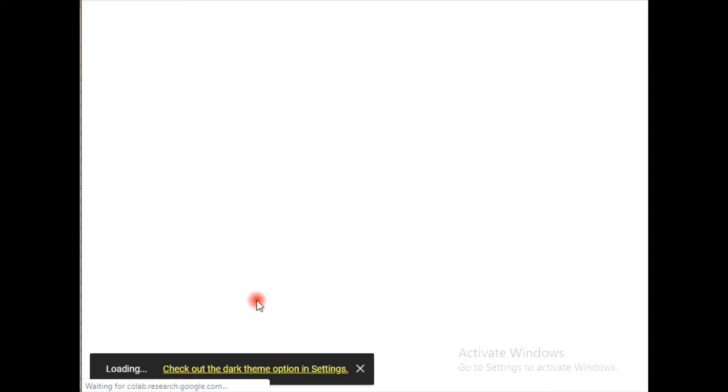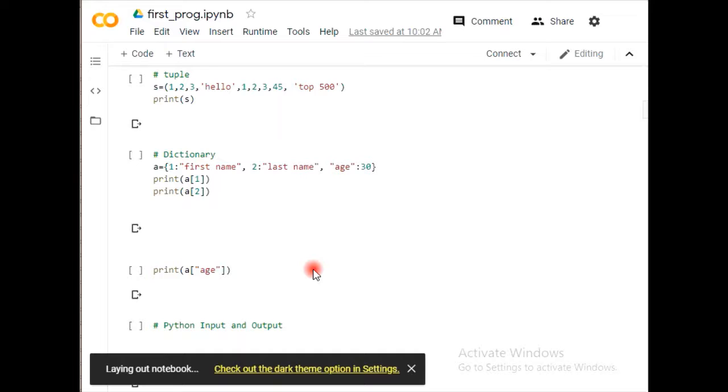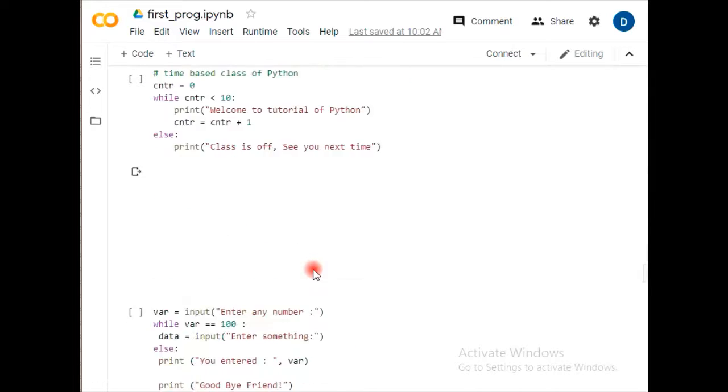If you don't have a file or you're watching this video for the first time, you can easily create your own file. While this file is opening, we will discuss what exactly modules are. Today we have a target to understand the module, package and library. Here we have all the programs that we already worked on written over here.